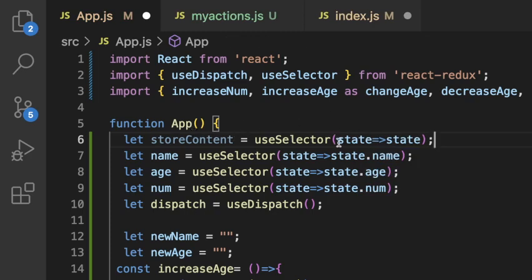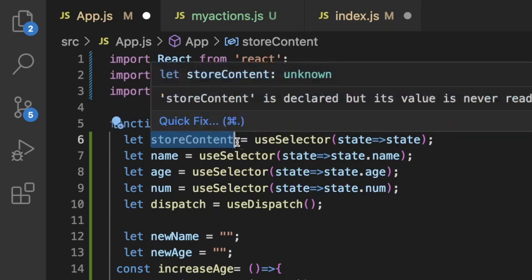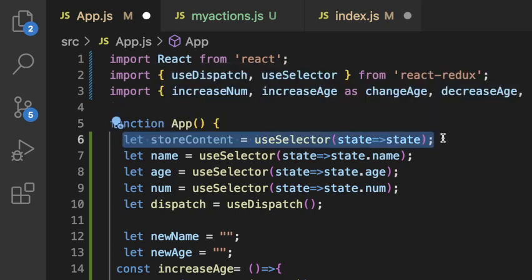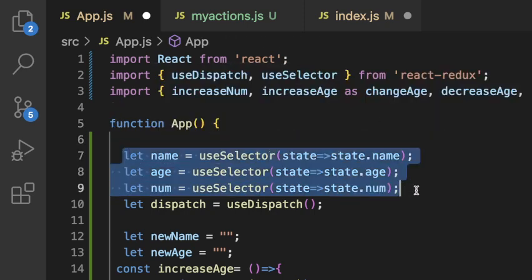What we are doing here is getting everything in the state and saving it as variable store content. So whenever we want to use the name, we can say storeContent.name. But instead of doing that, we are doing it this way. And the reason I actually use this is to show us that